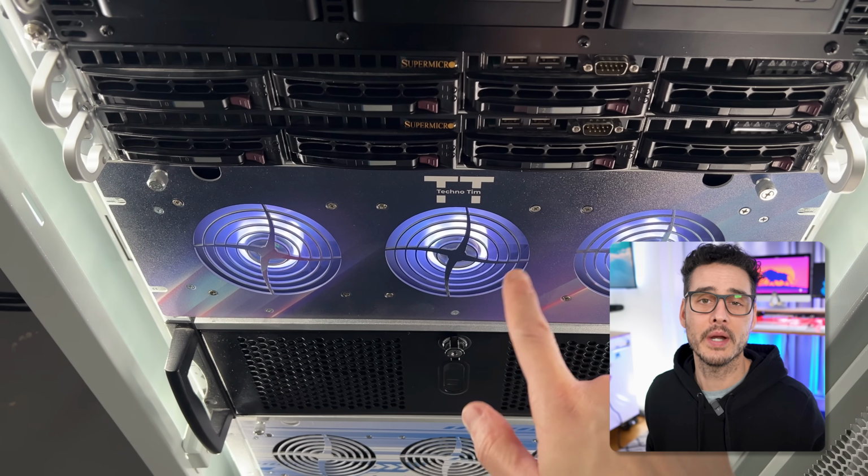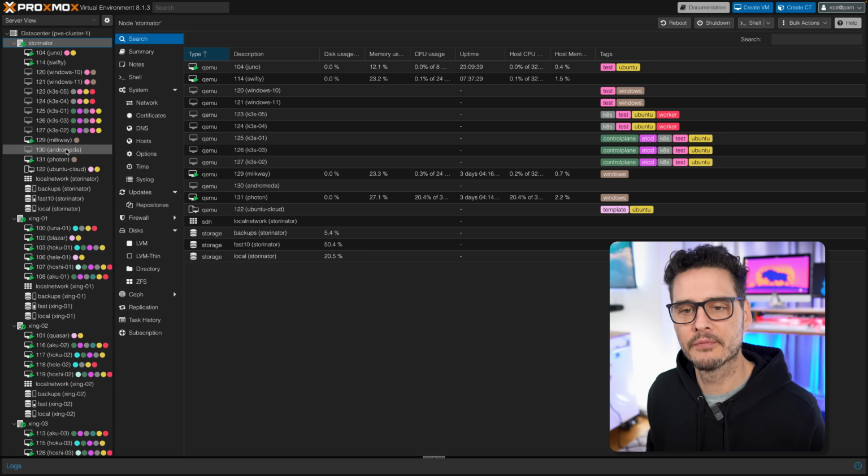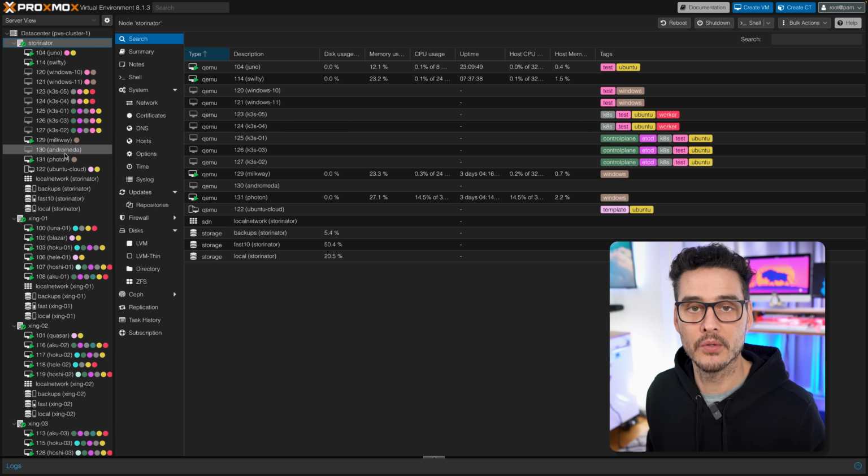But anyways, Stornator. So that's the big Stornator device you saw on the rack. This does have some virtual machines. The biggest virtual machine it used to have was Andromeda, which was my virtualized TrueNAS, but I moved from the virtualized TrueNAS to a physical TrueNAS with the HL15. We'll talk about that here in a little bit. So the things that Stornator needs to do is kind of dwindling a little bit. We'll talk about its roles here in a little bit, but I have a few virtual machines on for testing.